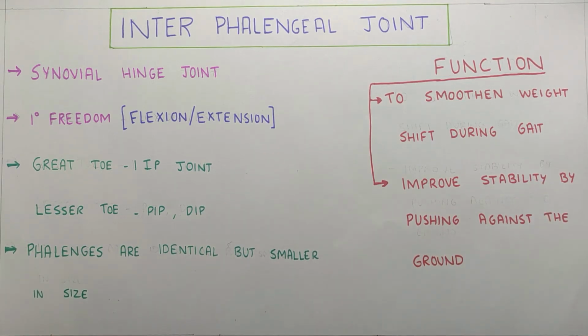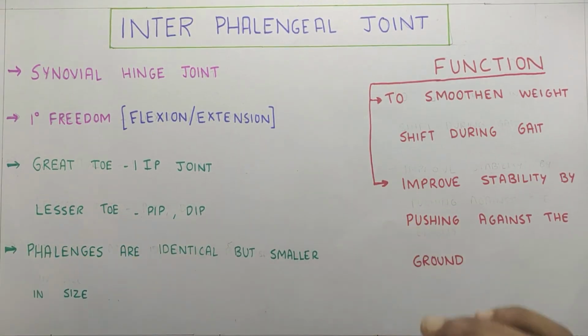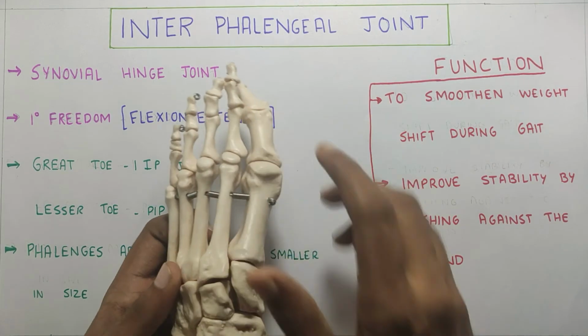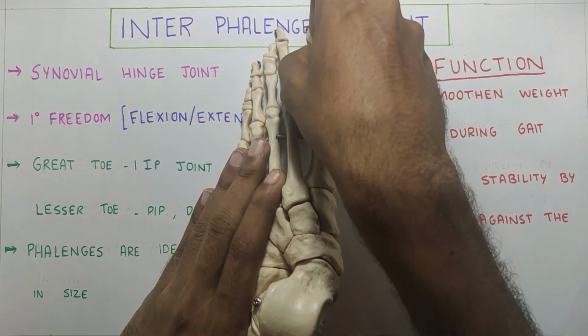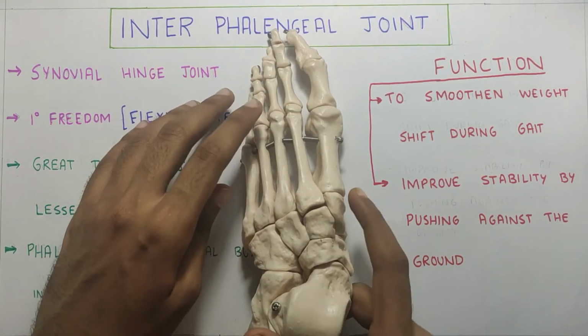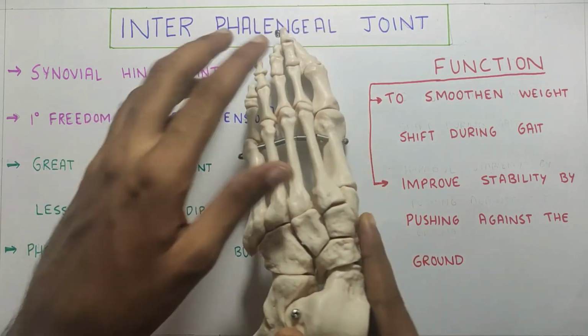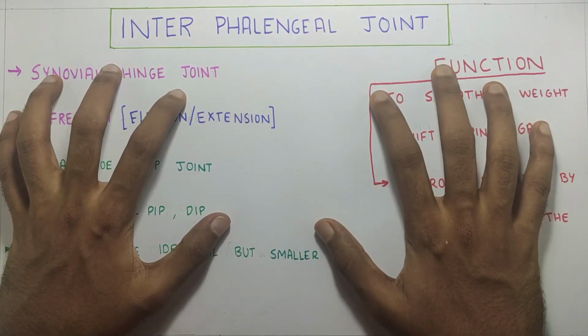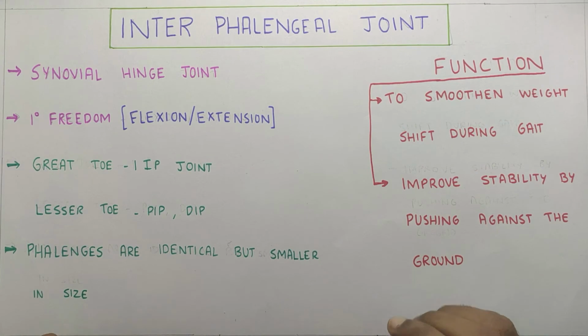Now you can try this on yourself by just squatting. First try to squat without engaging any of these joints, right? So just keep your foot relaxed on the ground and try to squat. Then you activate all your plantar muscles, that is, grasp the ground with both your feet and then try to squat and see the difference. You will feel much more stable on your foot. So that is another major function of the interphalangeal joints.